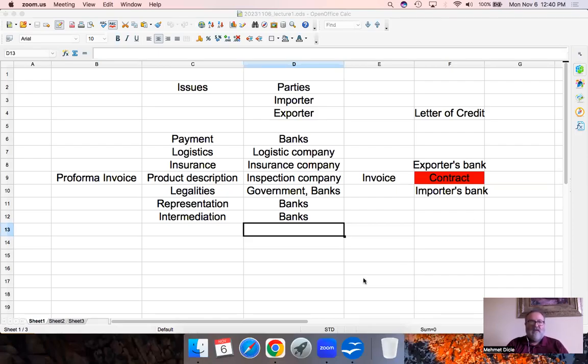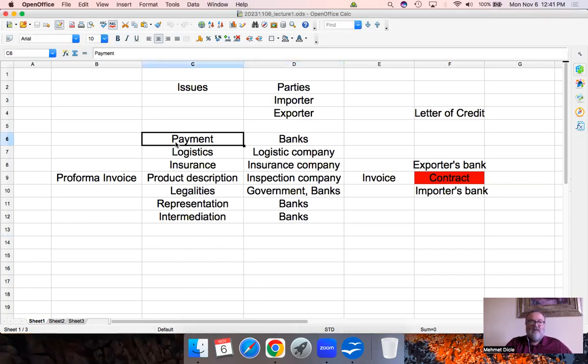So we talked about the risks involved in international trade, and then we walked through the process that started with a pro forma invoice, meaning us choosing a product and going forward with an actual intention to import the product. Then we went through individual aspects of the trade that involves payment, logistics, insurance, the description of the product, legalities,